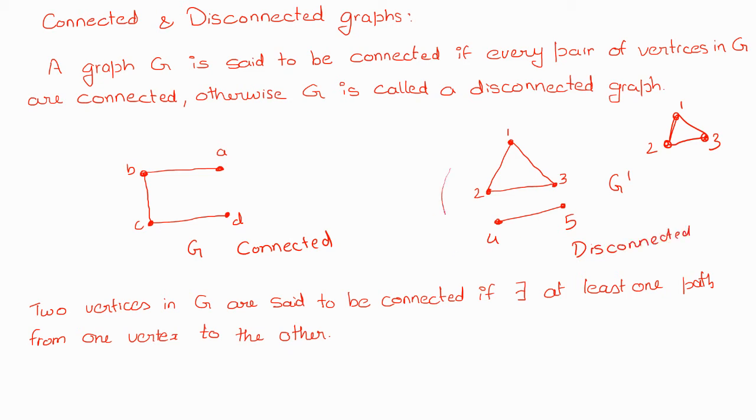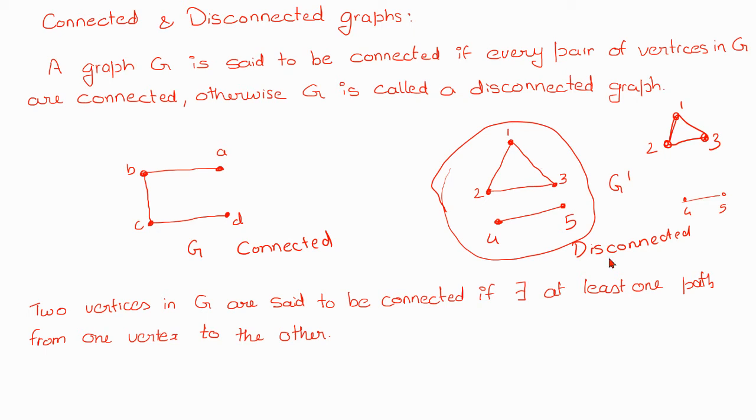This entire graph is called disconnected. Although, if you consider the parts of it, it is this part and this part. Suppose this part, 1, 2, 3, as a separate graph, it is connected, no doubt. This 4, comma 5, the graph of two vertices, is also connected, but together as a graph, it is disconnected.